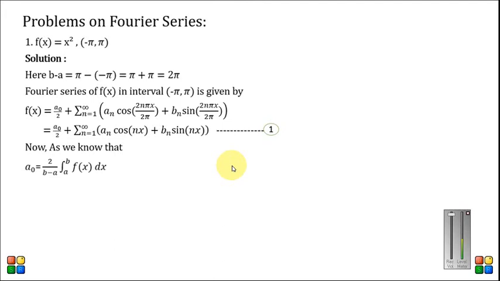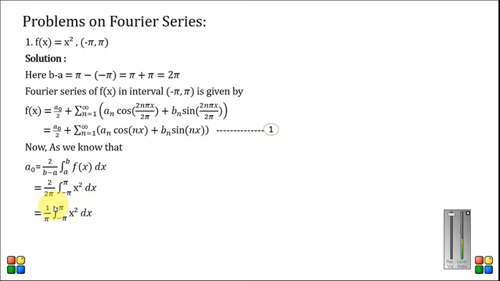A naught equal to 2 upon b minus a, integral a to b f(x), right? So put the values of a, b and b minus a in the equation. 2 upon b minus a is 2 pi, and a is minus pi and b is pi. f(x) is our function x square dx, right? So 2 will be cancelled by 2, then we'll get the value 1 upon pi, integral minus pi to pi x